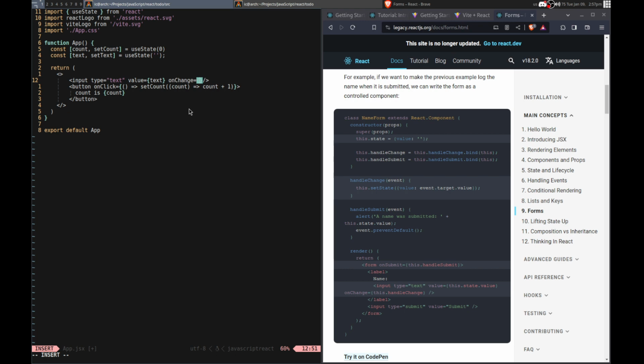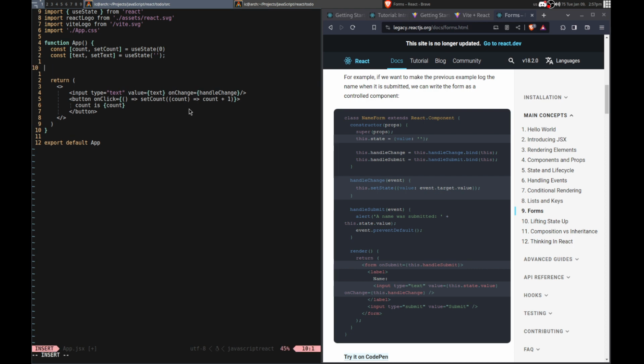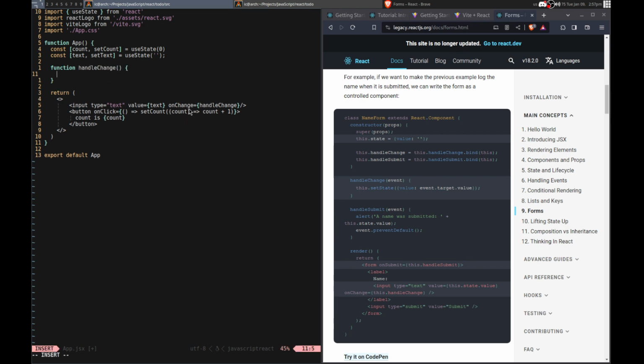So this isn't. I wouldn't use this because it's not a class, right? If I understand, so I need just basically on change equals handle change. It's a function, right? Or is it just like that? Then I can make a function, I think. Or is it? Can I make a nested function? I don't know. I remember how to do that, so I'll just copy this one. But there was like weird arrow things. I don't remember how to do those. Function handle change, and then set text to the input. So how do I pass the input?